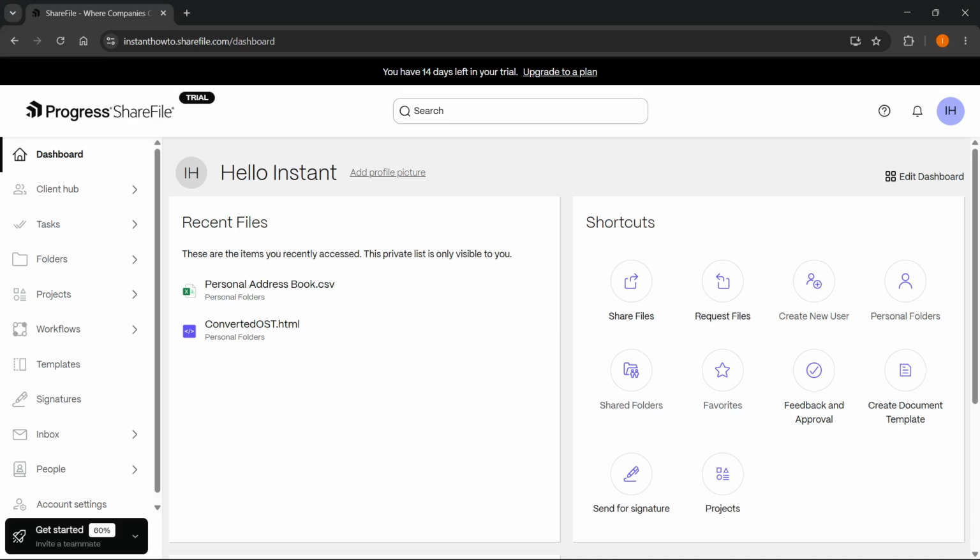In this video, I'm going to show you how to add files to ShareFile. Now, the first way you could do this is here from the Home tab. So if you go to your dashboard, you are on the Home tab, and you want to click on Share